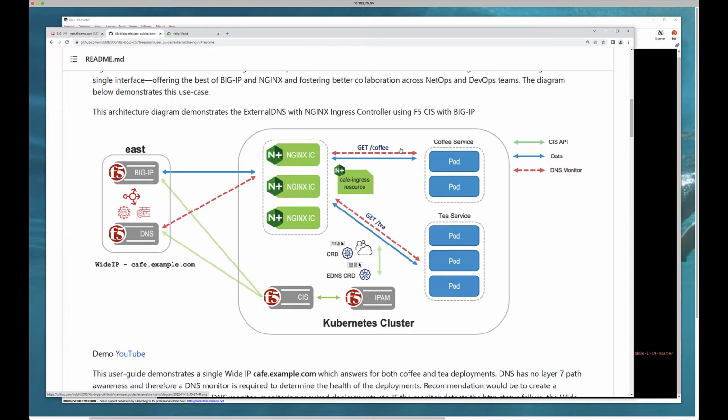So CIS doesn't really know much about this because CIS is not load balancing traffic to your Coffee service and your Tea service. BIG-IP is really just load balancing traffic to the NGINX Ingress Controller, and CIS is really just creating that plumbing. So think of this as BIG-IP to NGINX kick to the pod, right? What is important here is that when we create a wide IP for cafe.example.com, DNS doesn't know anything about a